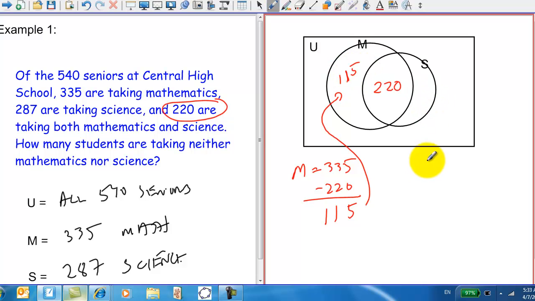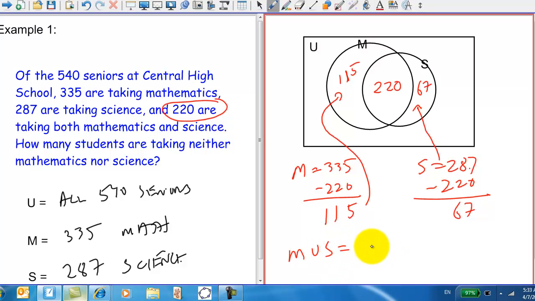Similarly, I can do the same thing with science. Science is 287. If we subtract off the overlap of 220, we get just 67. So 67 in this section. And now you can see what we've got here all together. Math or science is going to be the 115 plus the 220 plus the 67, and that adds up to